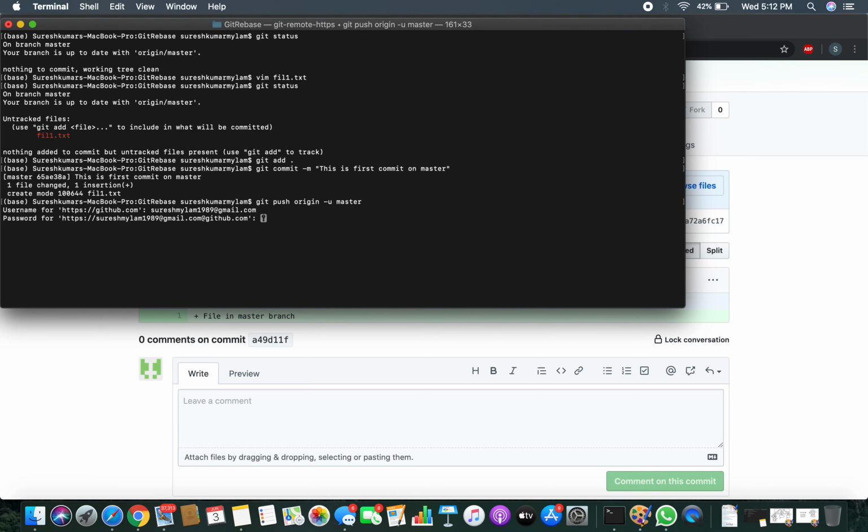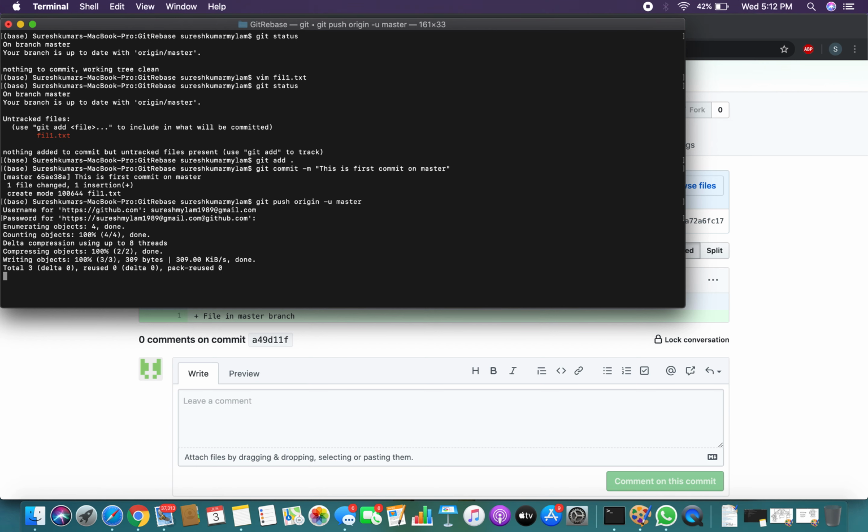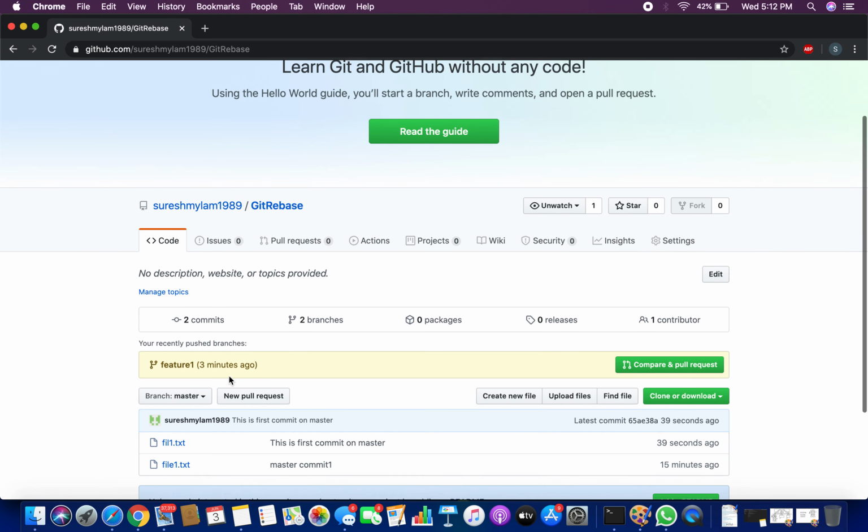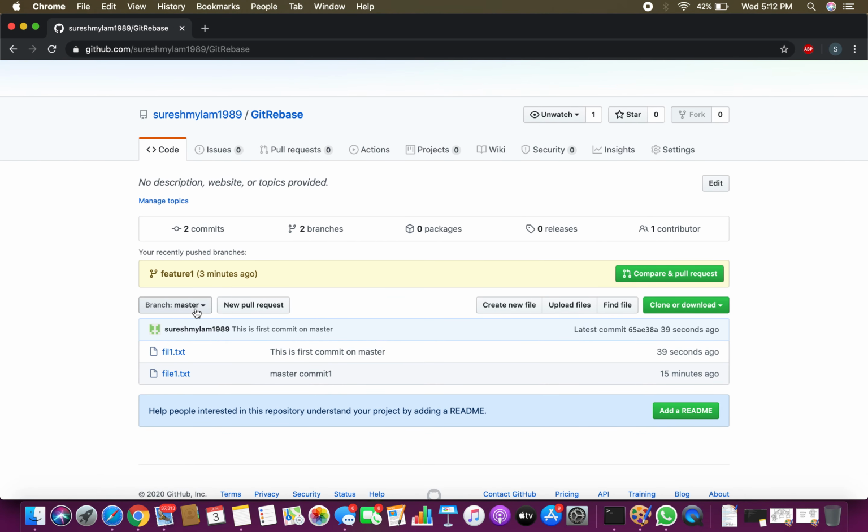I'm giving my git credentials to commit. Okay, now this is committed and you can verify. Let's refresh this particular page, not this one, and let's go back to the repository. See, you are on the master and this is my first commit. Okay, I have created another file. That's also fine. Instead of editing this one, I created one more file here. But anyway, you can see there is a commit. We made a commit, this is first commit on the master.